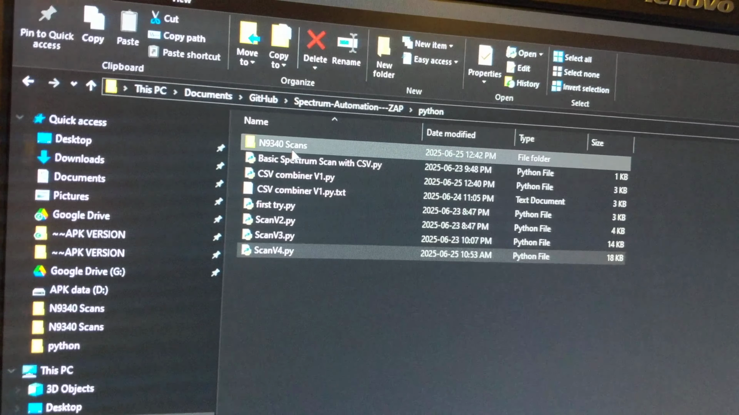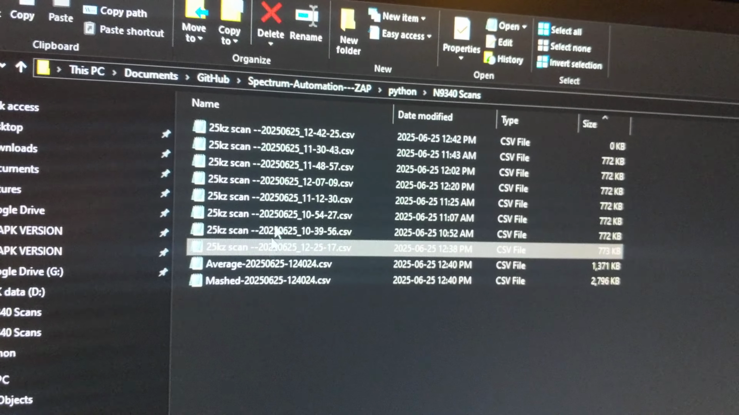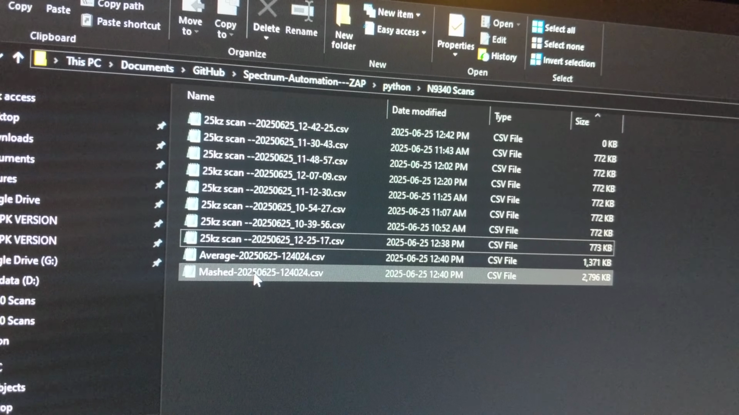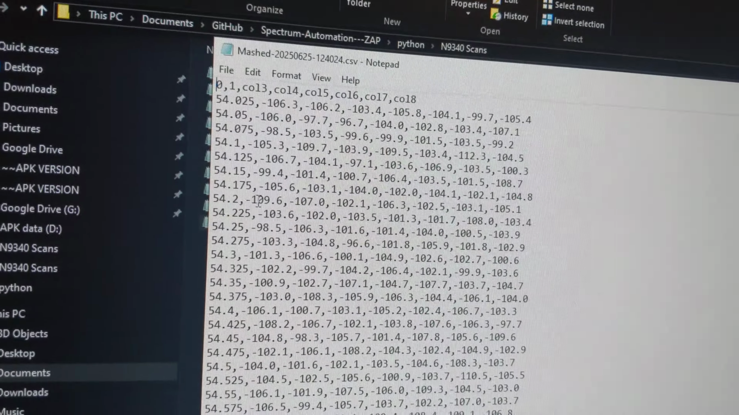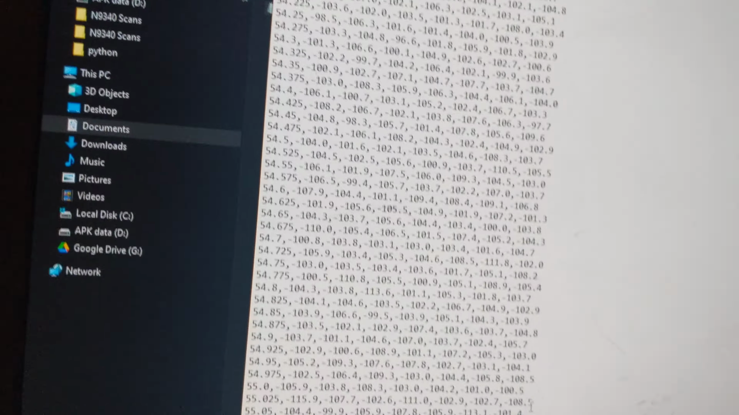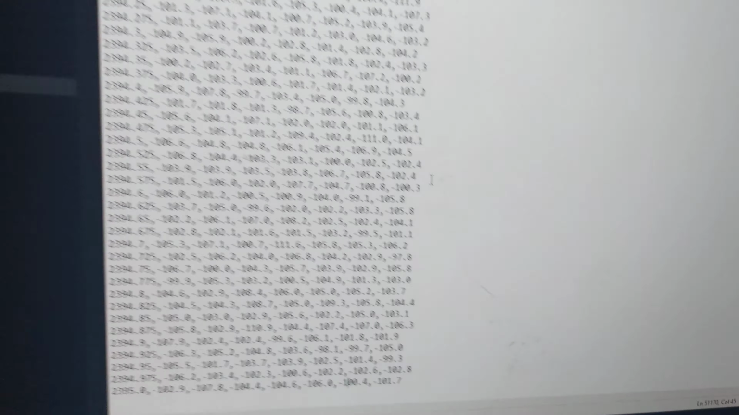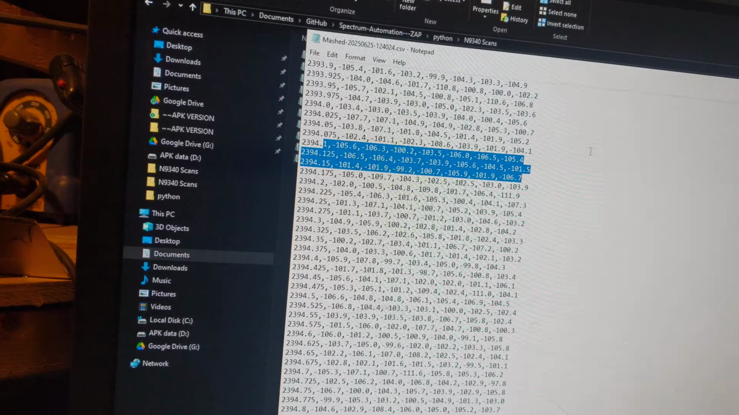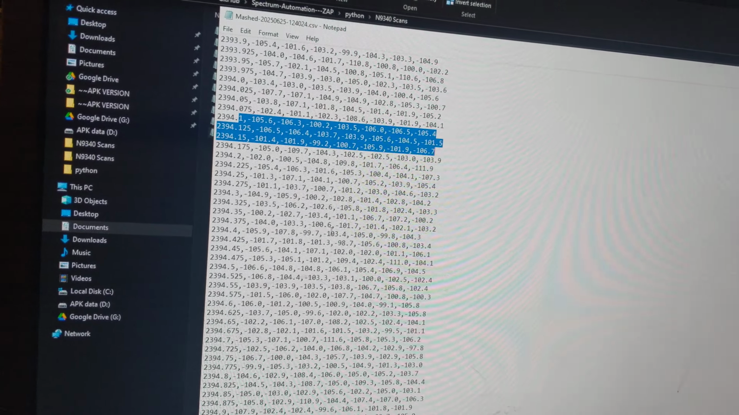So what this has also done for me is given me scans. So here I have a folder of scans. And then I created another script that gives me a mashed up file. So it's not a small amount of data. Let's go all the way to the bottom here. Each one of these scans is 51,170 lines. And then each column, because this is a comma separated value, each column is a different scan, or